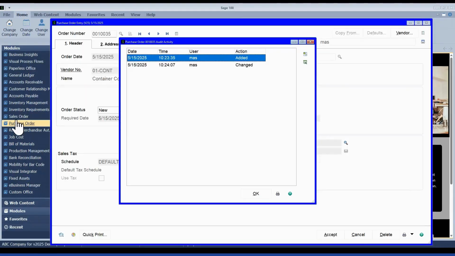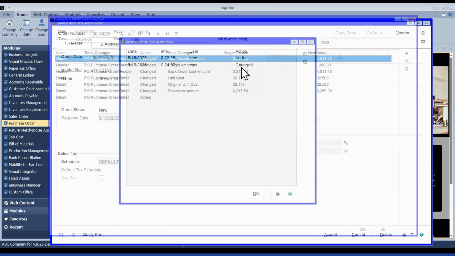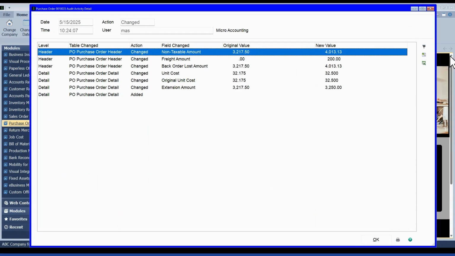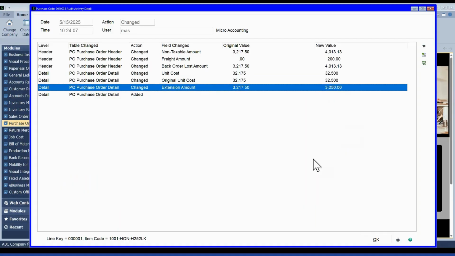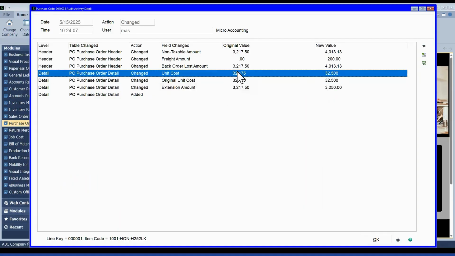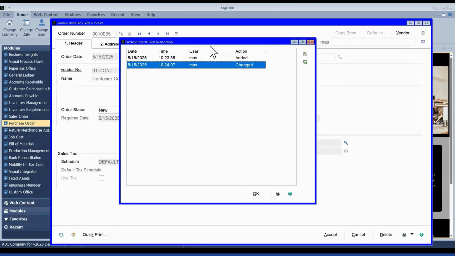You do get to control those settings by module. So if you do want it in detail in one spot or another, like I've got it, you can certainly do that. And on the changed, it's more targeted just to specific values that I changed. So if you want the full picture, you're probably going to want detail and then just be scrolling through to find all the edits that you want to look at.